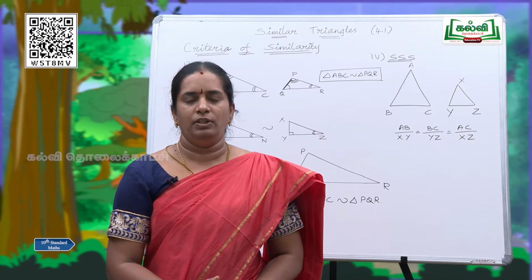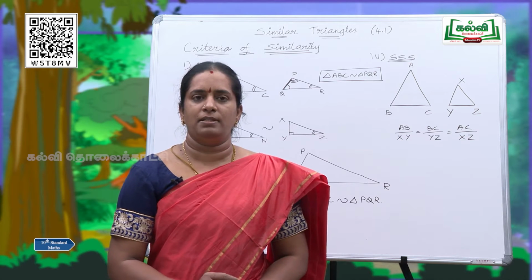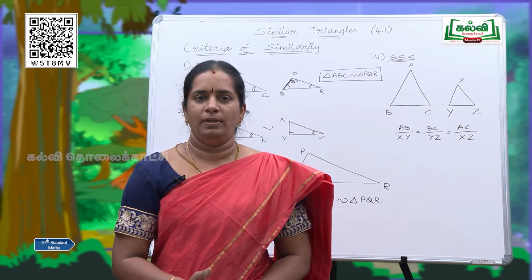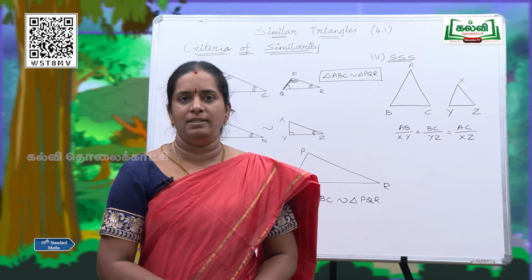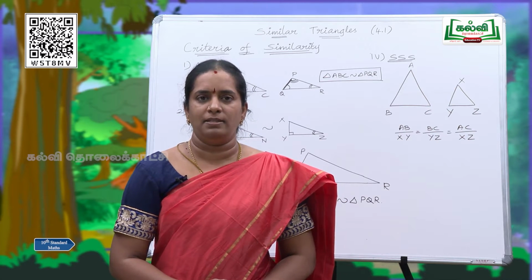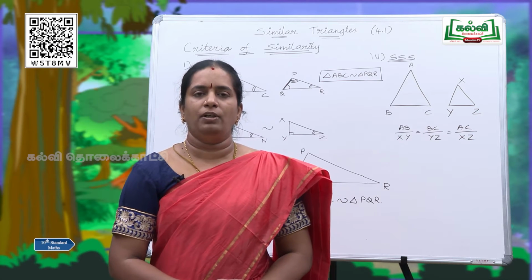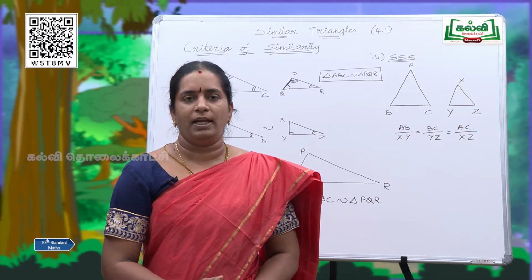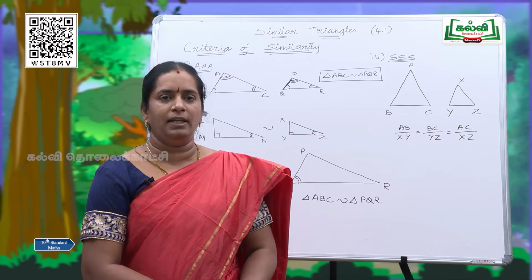And you have your mobile phones and we have the zooming options. So the picture which is taken is similar to the picture which is zoomed in or zoomed out. So similar means the shape remains the same but the size varies. That is, the measurements vary but the shape and the structure remain the same. Here we are going to follow some criteria to say whether two triangles are similar or not. Now we are going to learn about the similarity criteria.